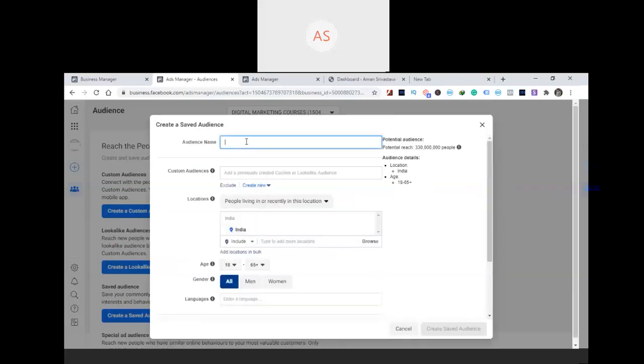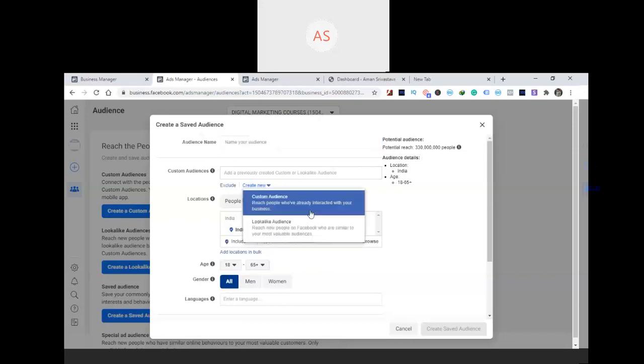So yeah, this is how you create a new audience, and just click on create a saved audience and click on create new audience. Okay, so once you have, just click on audience name and click on create new.